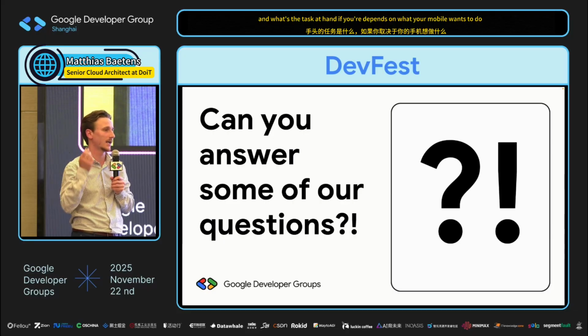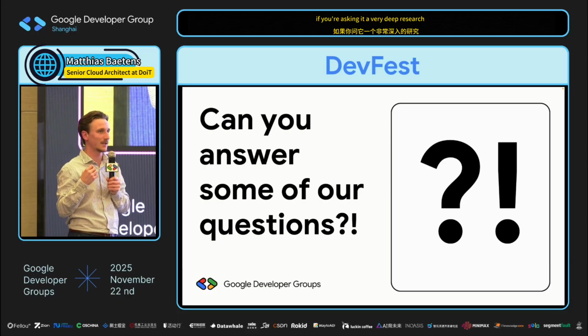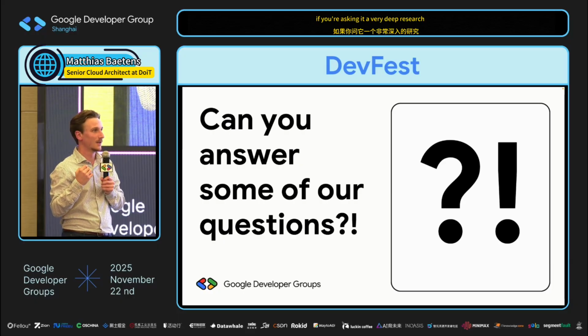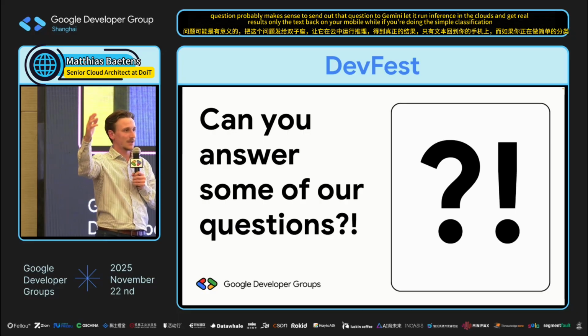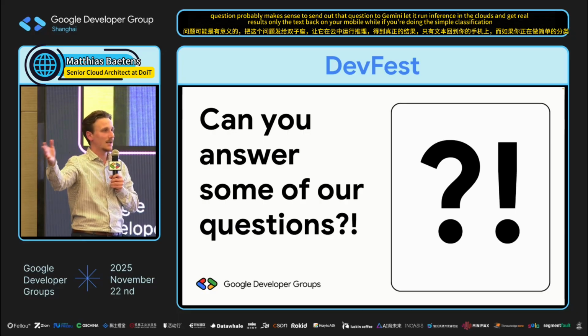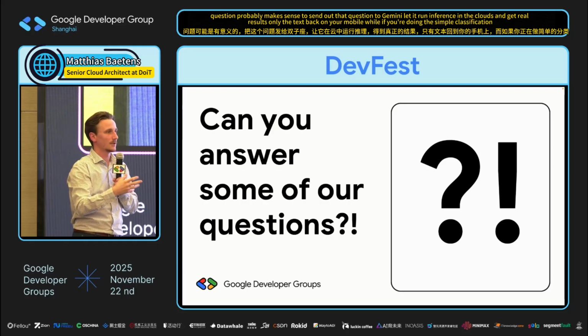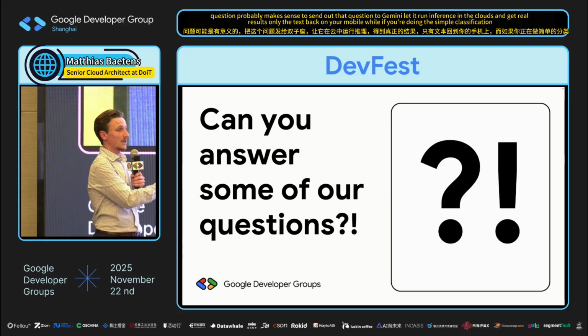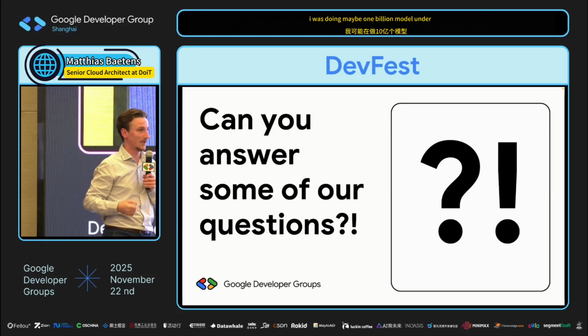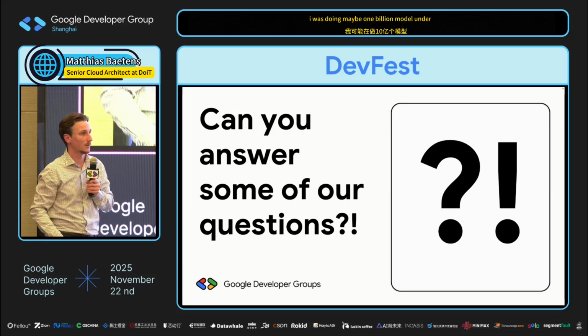And what's the task at hand? Depends on what you want your mobile to do, right? If you're asking it a very deep research question, probably it makes sense to send off that question to Gemini, let it run inference in the cloud and get real results, with only the tech stack on your mobile. While if you're doing the simple classification I was doing, maybe a 1 billion model on your